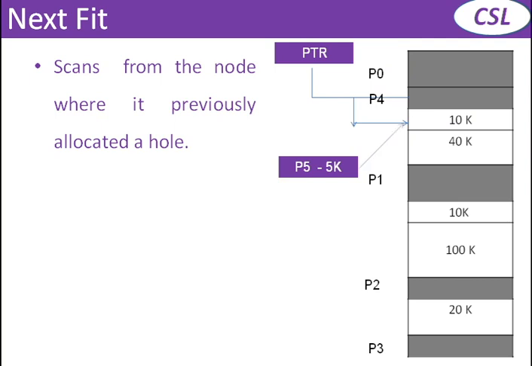So it's very simple. Like first fit partition, next fit also finds the first big enough hole in the memory area, and the coming process is accommodated there. But the difference between first fit and next fit is that in first fit we start the search from the starting partition, but here we start the search from the previous filled partition, after the previous filled partition. For that, one pointer is used.